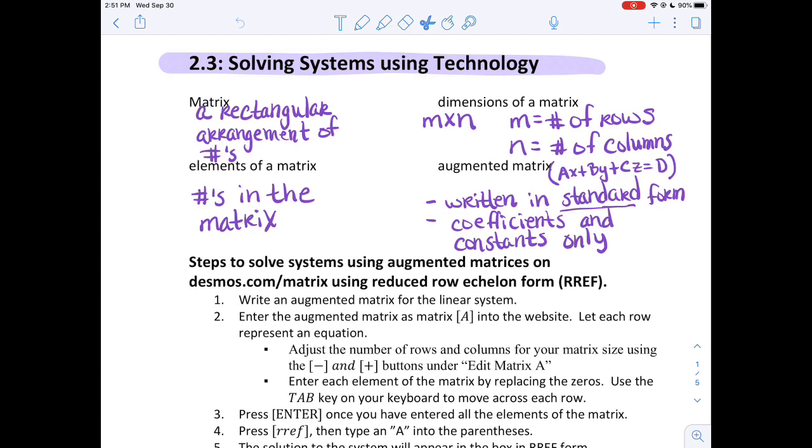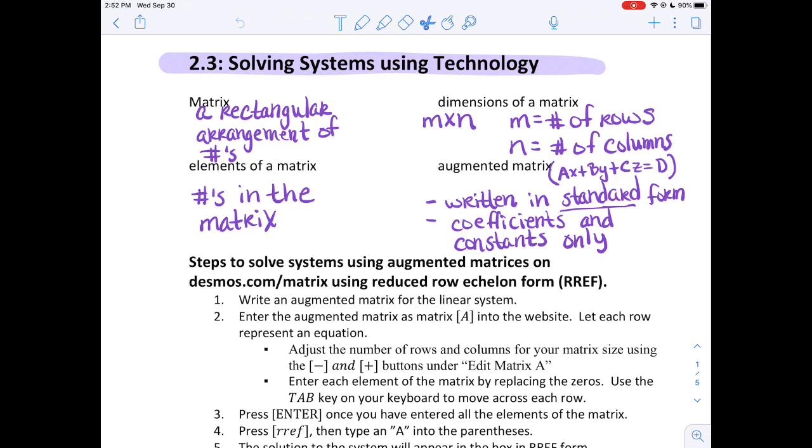A matrix is a rectangular arrangement of numbers, and within the matrix we have elements, and those elements are the numbers that we put into the matrix. Our matrix has a size. We have rows and we have columns. Remember that the number of rows is the number of equations that we're going to use. And so our dimensions are m times n, where m is the number of rows and n is the number